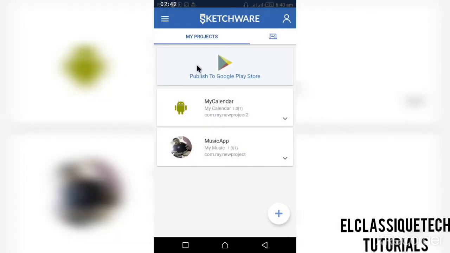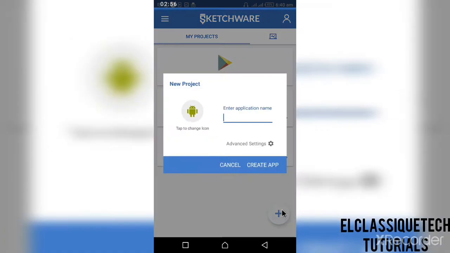Okay. Now the most important thing here is how to add a project. As you are seeing here, there is one plus sign. If you click here, this is how to add an application or project in Sketchware. So now you just name your application. Enter application name. Now let's say my